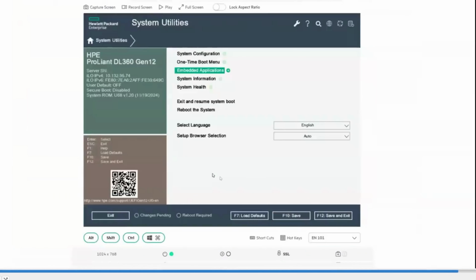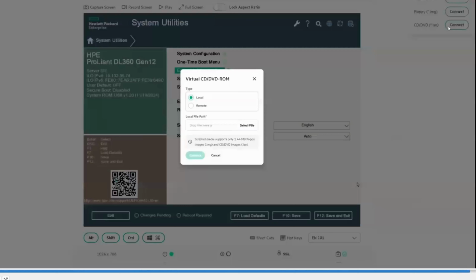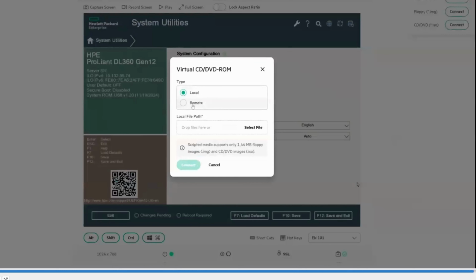Generally, when we talk about iLO 6, there are legacy options available. But when we talk about iLO 7, there is a single integrated option available from where you can perform lots of things. From here you can also perform file uploads for the installation from the remote location and the local location as well.